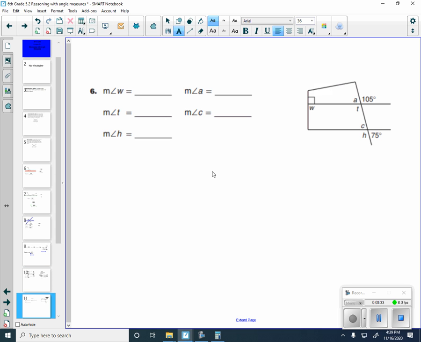Let's see another problem. Oh, this one looks like fun. Okay, I'm going to have to use a calculator. What are some givens? Well, we know T is 105. If T is 105, because it is a vertical angle, so we put T for 105. Looks like C is 75. Better make that a little smaller. If C is 75,